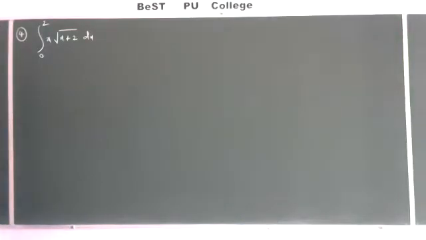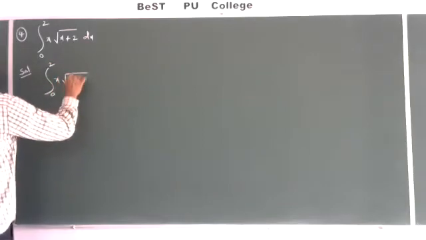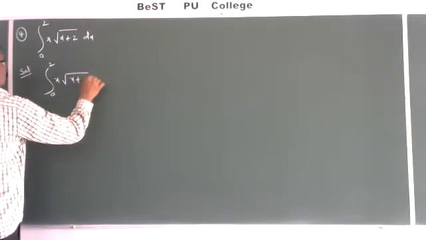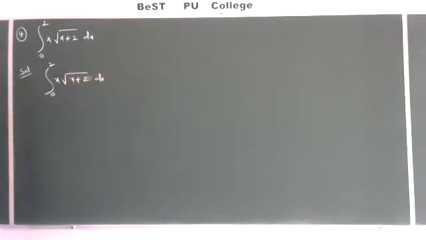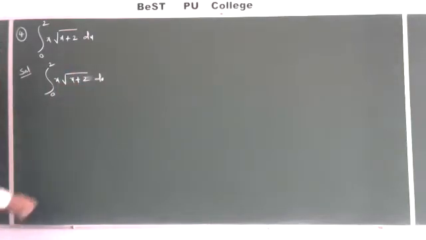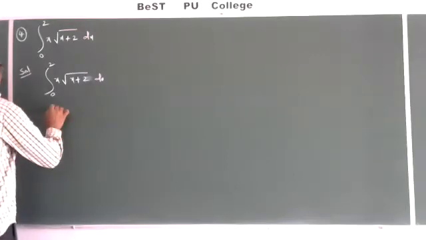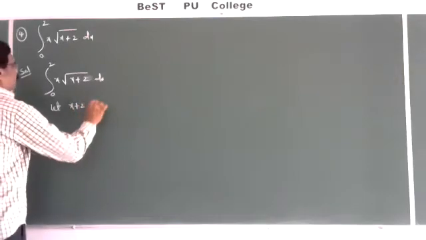Here we want to solve this problem by using the substitution method. That is the solution: integral 0 to 2 x into root of x plus 2 dx. Already in integration I discussed the same type of problems. If a function is given in the root, then you take that function as t square. That is, let x plus 2 is equal to t square.